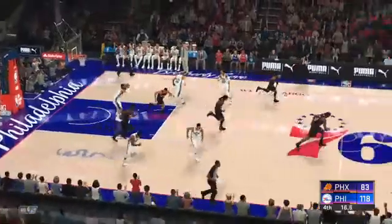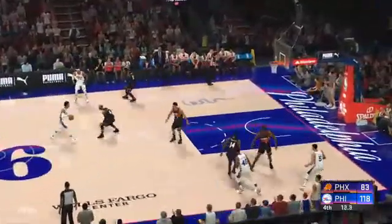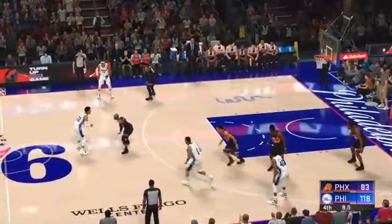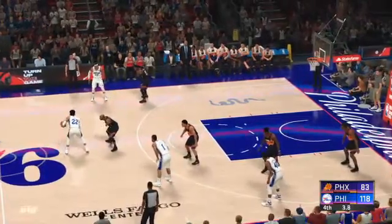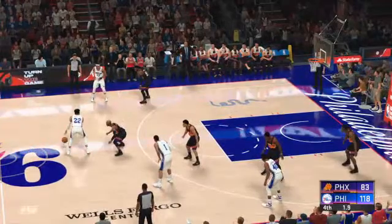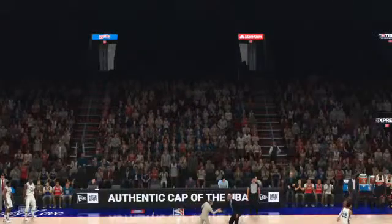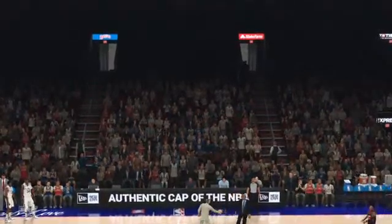Scott pulls it in. This could get even more out of hand if they continue to put up points. Wow, Kevin, what a performance we are seeing. Here's Thibault. So it's the 76ers winning this one easily. And the outcome of this one was never in doubt. And boy, they really put in a supreme effort. It just felt like once they had...